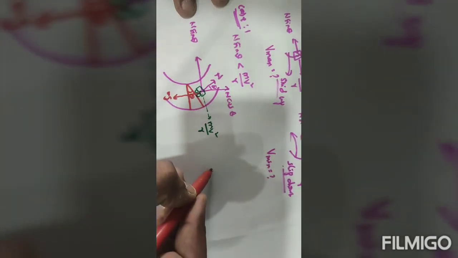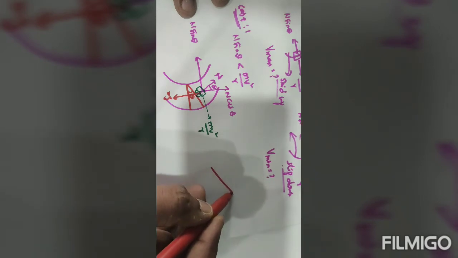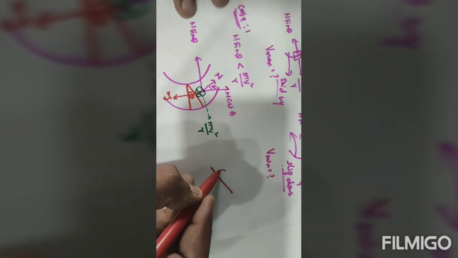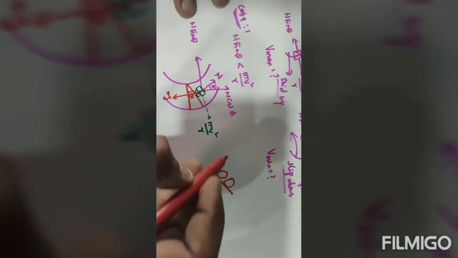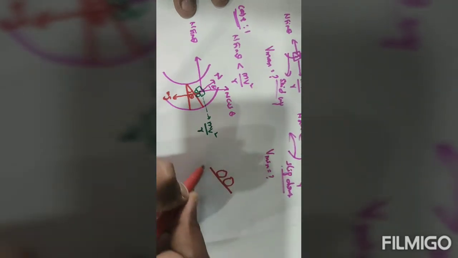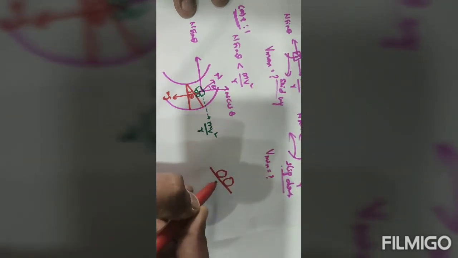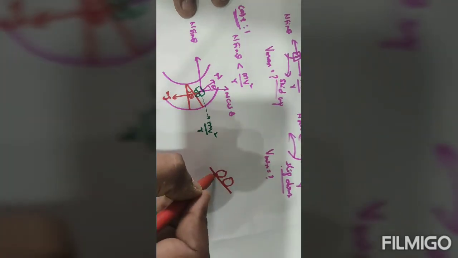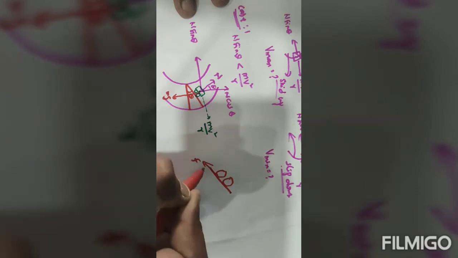The weight based, what is that? Friction. Here the friction is developed. Where will the friction be developed? The friction will be developed between the road and the vehicle tire. The frictional force is a force due to relative motion between the base of the tire and the surface of the road. This is the frictional force direction.